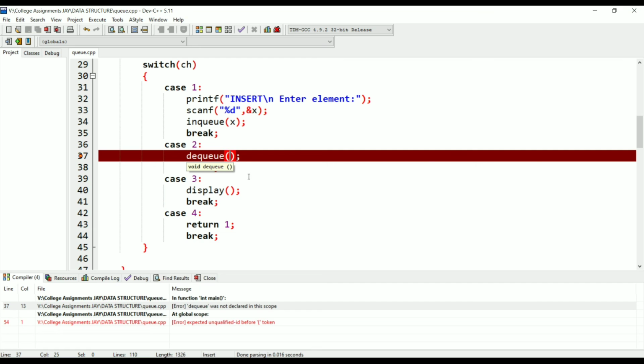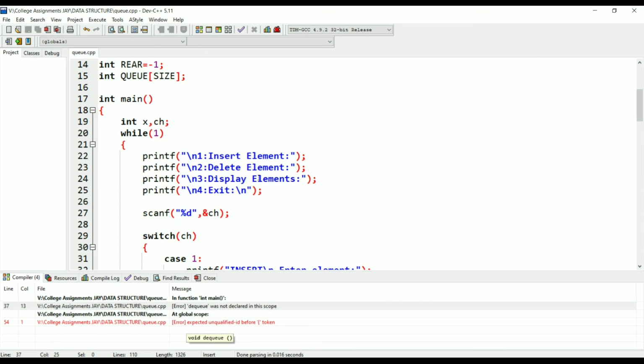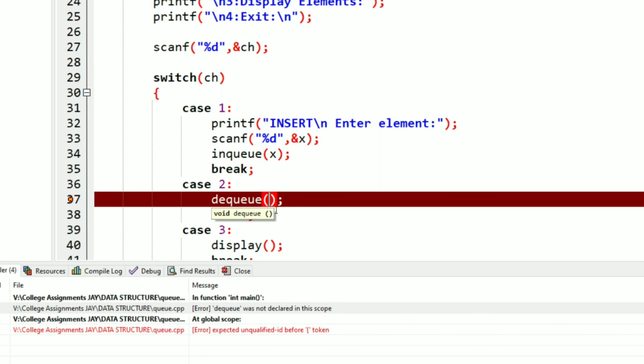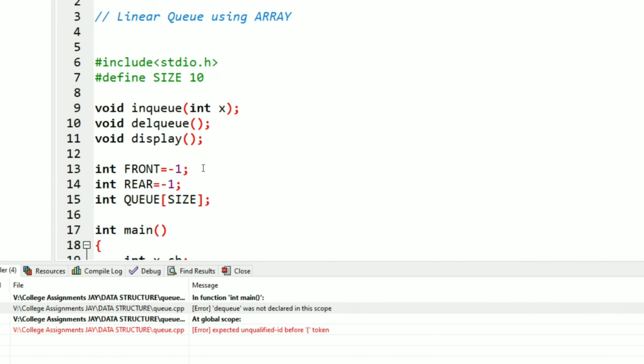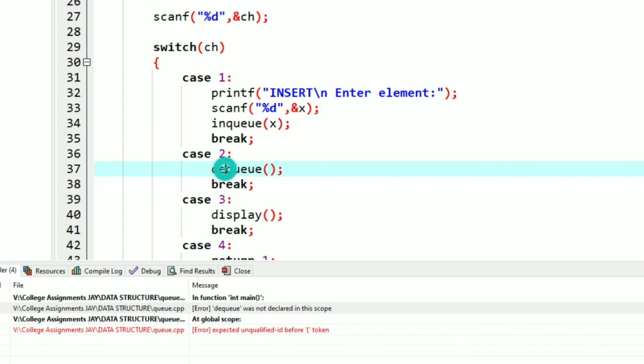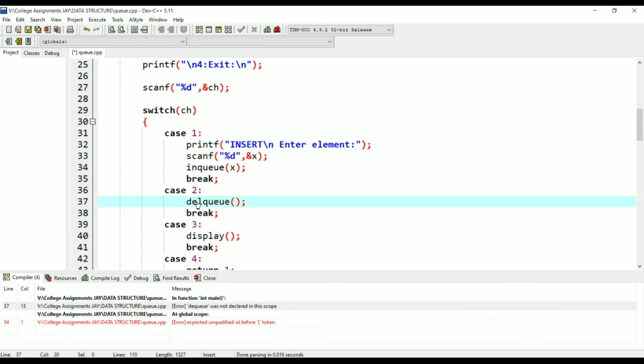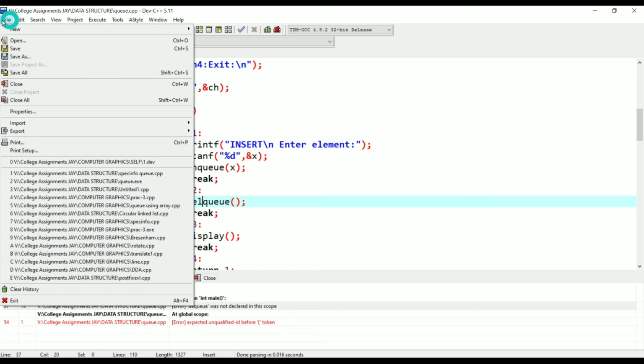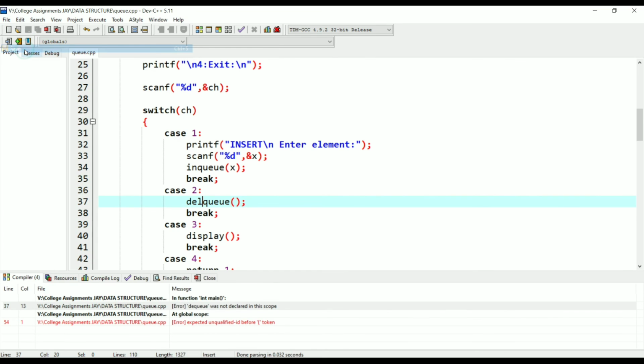Let's see. The first one is dq. What is the element? Okay, so dq was not correct. Let me see what the function was. Yes, we have declared the function as delq, so we will write delq. The L was missing. Now save the code and compile it again.